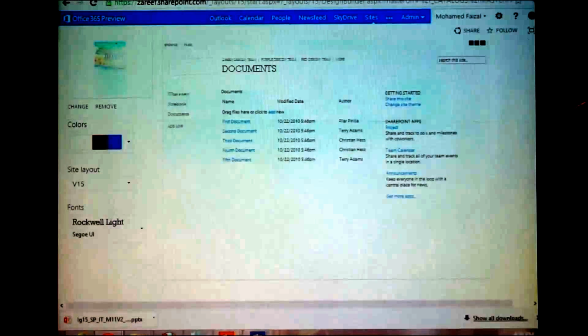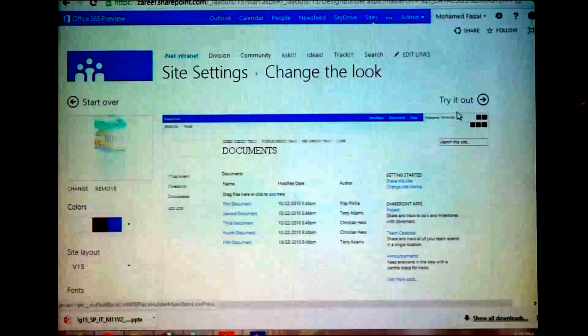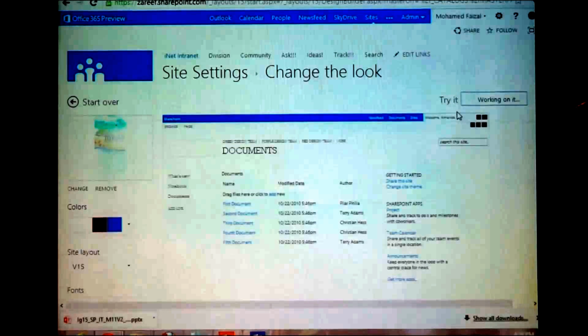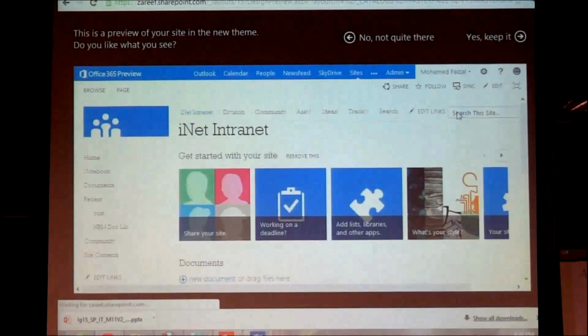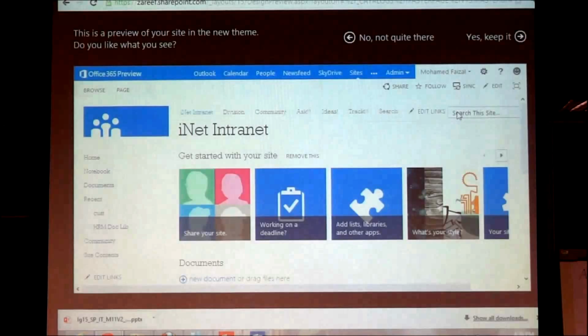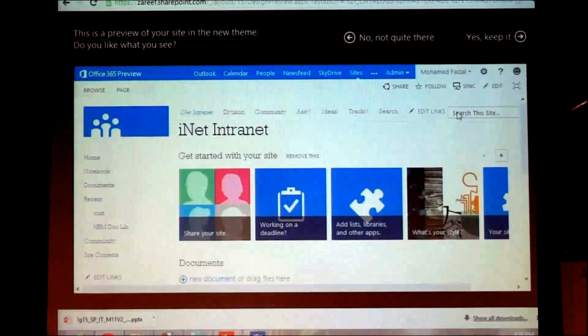Then I can change my fonts and my color theme, and it appears very clearly. Then I can say fine. Without even having a designer, without customizing my master page, I can do that. The themes we did previously are no longer available.